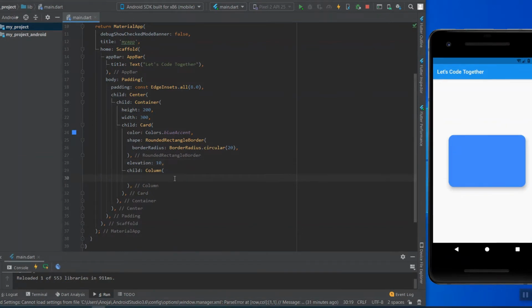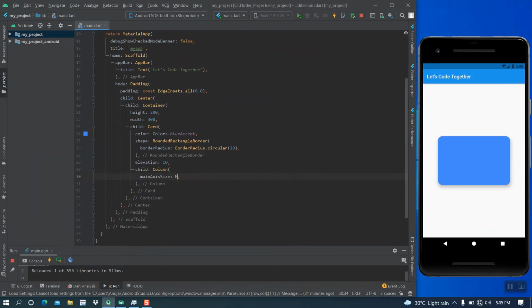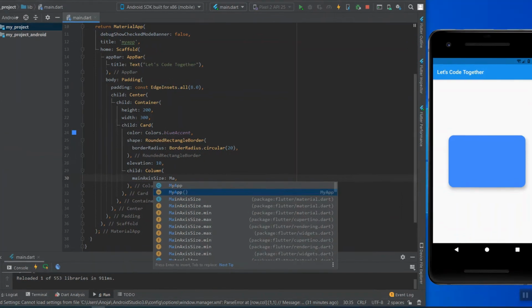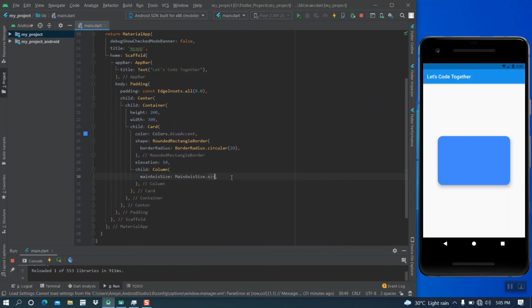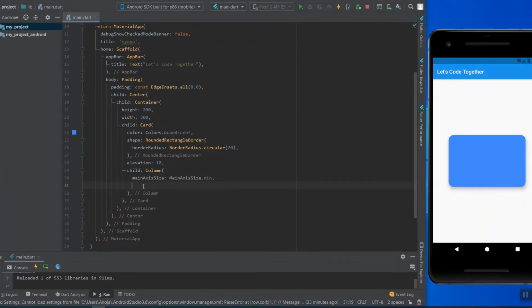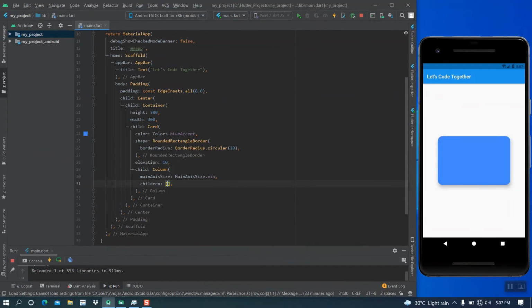Inside this child column, I am using main axis size. I am giving main axis size dot min. Inside this column, I am creating children.